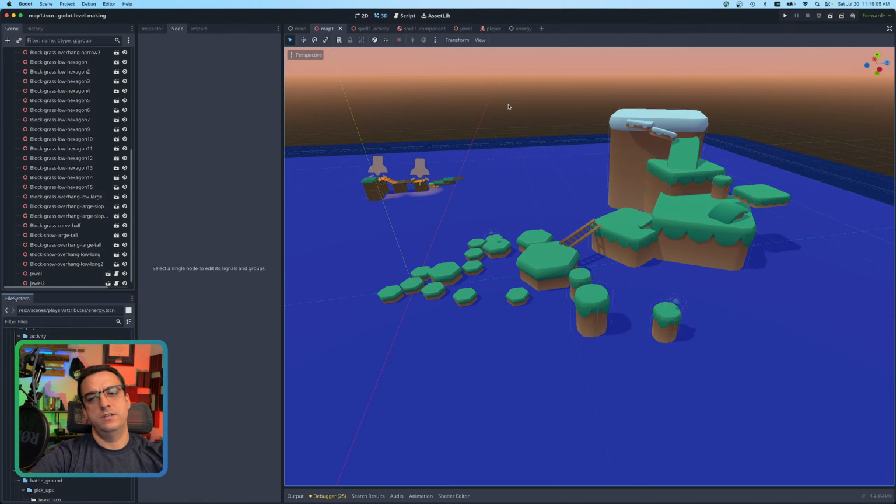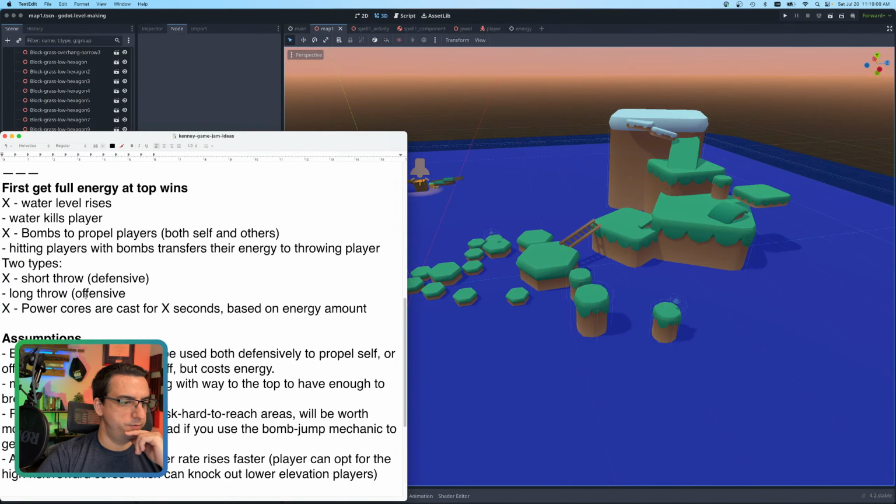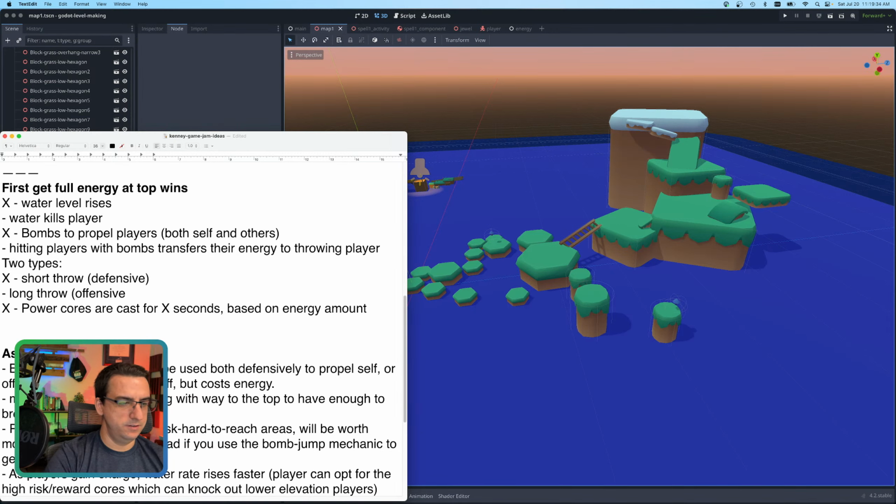So if you want to see how this progresses, I've got a lot more stuff on the way for today, and probably finish most of it today and do some more level building later on as my mind starts to go. I think this is the last 2 big mechanics that I have to do. This one I already have done. I just need to make it go longer, and I need to fix the bomb a little bit. But yeah, I think we're getting close. And then, one last thing is